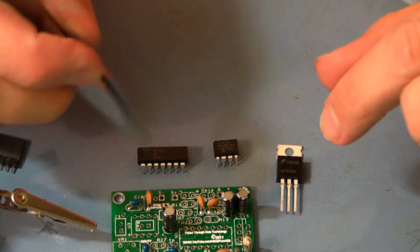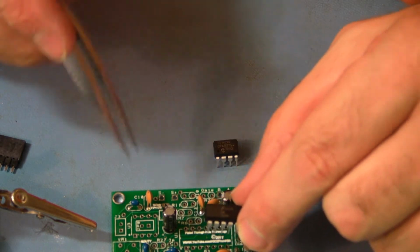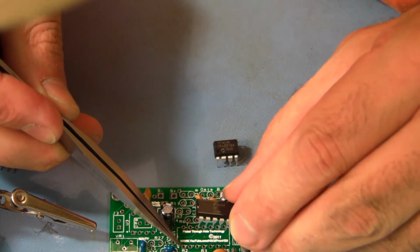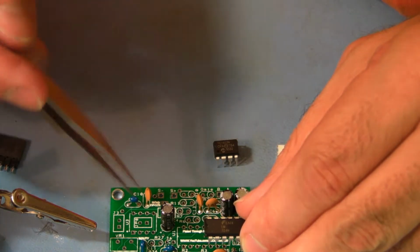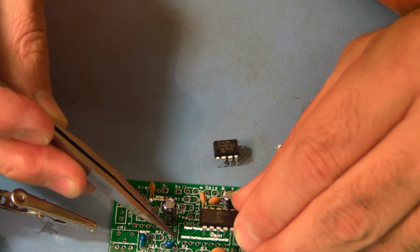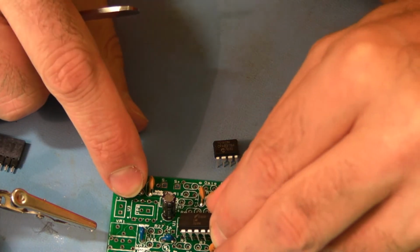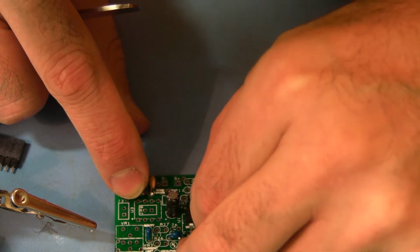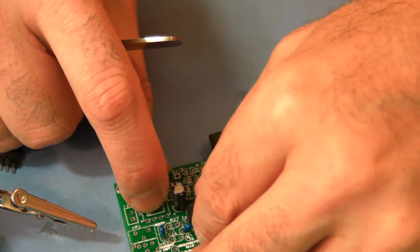So we want to set U1 on the board. And on the board you'll see a square pad in one of the corners, close to the www, and an asterisk star off from that square pad. That's pin 1. So we want to set the chip down so that pin 1 and the notch line up. We're going to have to prep this a little bit